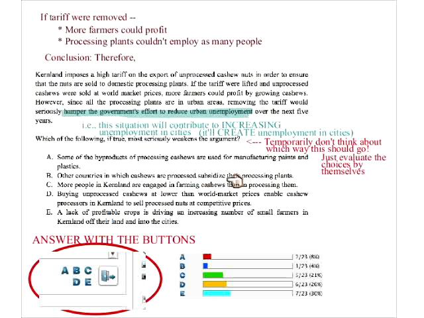The comparison of numbers doesn't contribute to this issue. Buying unprocessed cashews enables cashew processors to sell processed nuts at competitive prices. This is something that they can still do if we don't process as many nuts, but this doesn't address the